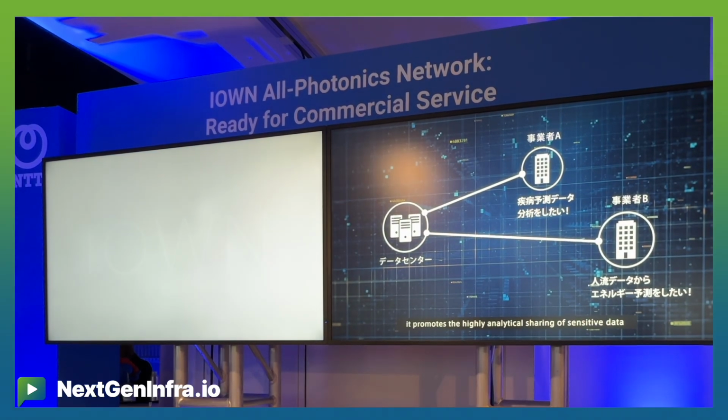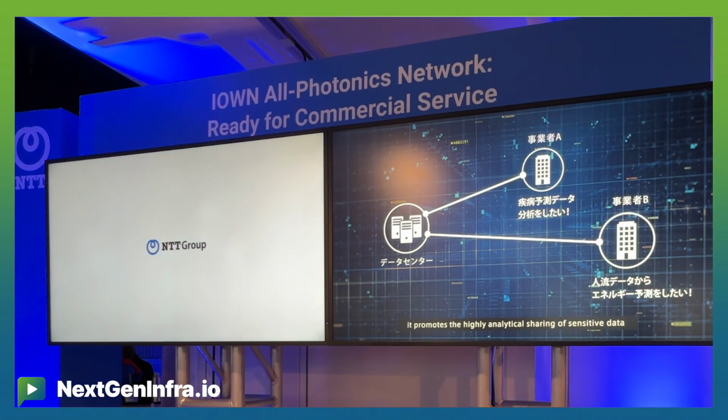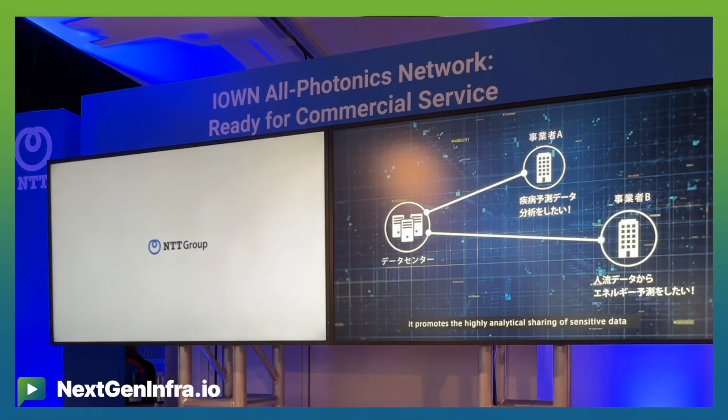So first of all, the IOWN Global Forum, we are driving the revolution from electronics to photonics. So far, all networking and computing is based on electronics, and we are trying to drive that revolution. Photonics has certain advantages over electronics in terms of power consumption, in terms of delays and latency, and in terms of capacity. So when you have networks that consume less power, provide less delay between endpoints and provide you with more capacity,